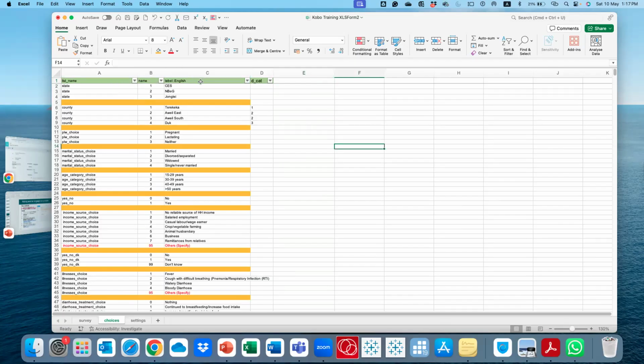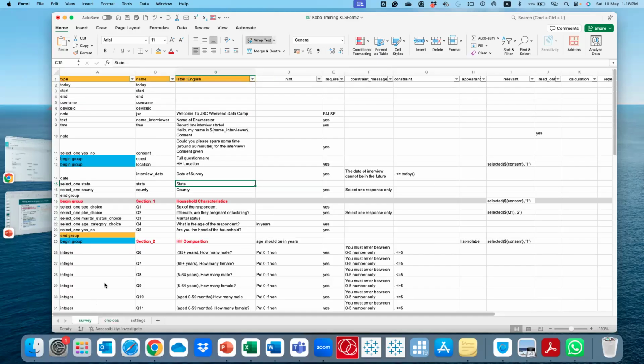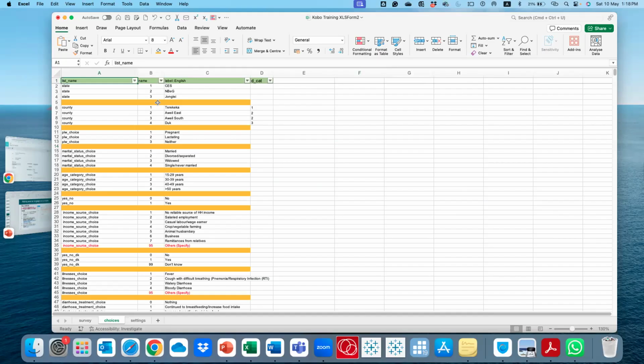The first column is the list name, which is the name from here. I'll show you where you get that name from. And then the second column is the name, which is the coding that you want to have for each of the responses.